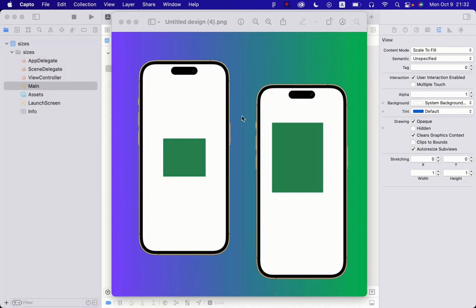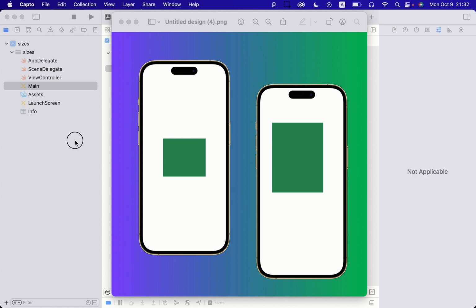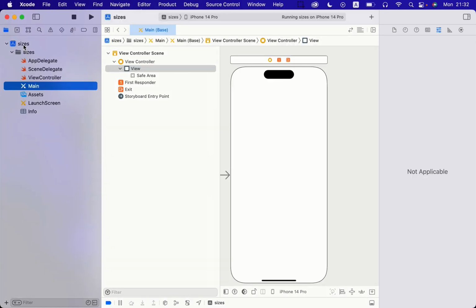Hey guys, so in this video I want to show you how to make these views here using constraints and storyboard. First I'll show you how to make this one, and maybe I'll show this one again, or I'll just leave it to you as a challenge. So I've taken the liberty of starting my project already. I've named it sizes, and